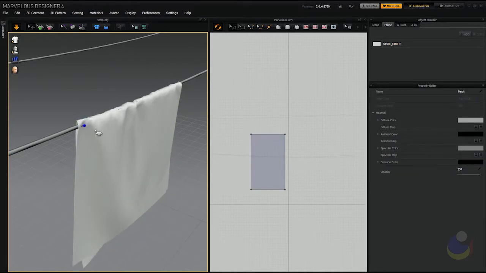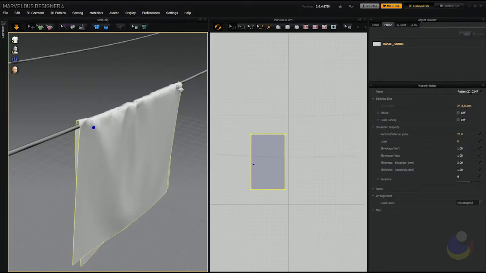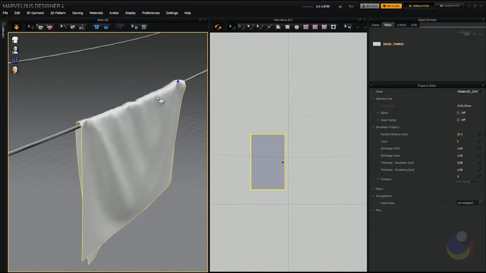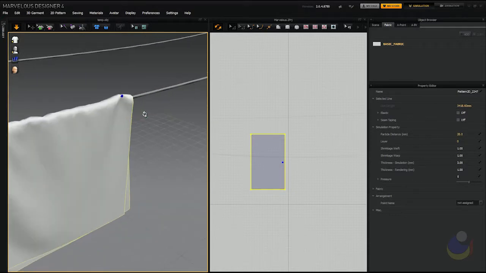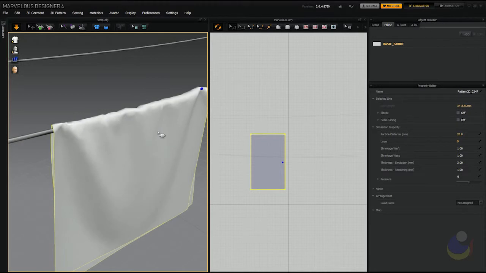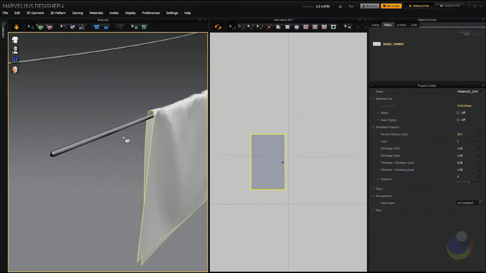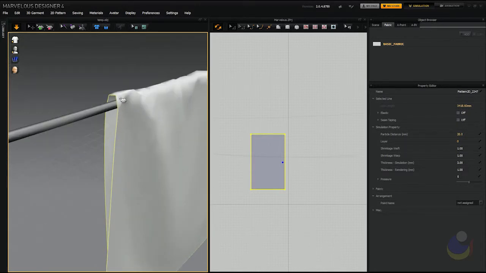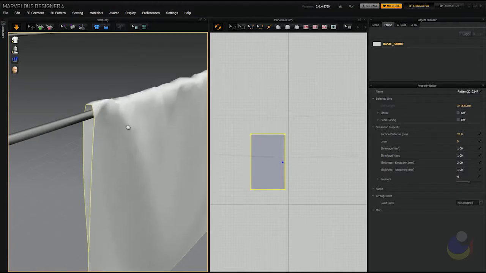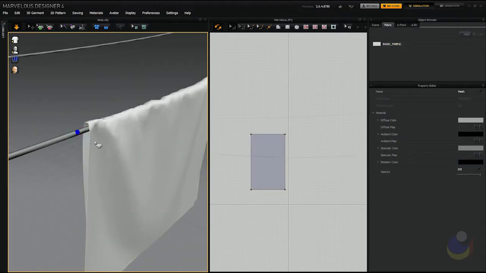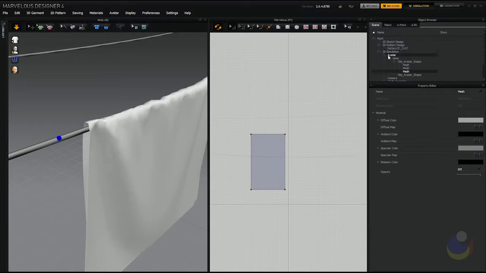But we're getting a much better result than we were originally. There we go. So now it's all sitting on top of the clothesline. So notice there's a big offset here, and that big offset is actually a problem. What that is, it's basically the offset on our avatar. We can change that by selecting our clothesline here and going to Scene and selecting the top level avatar tag